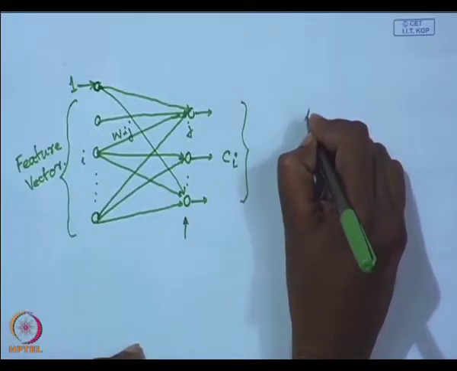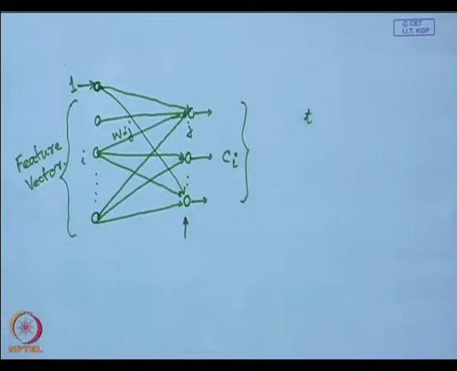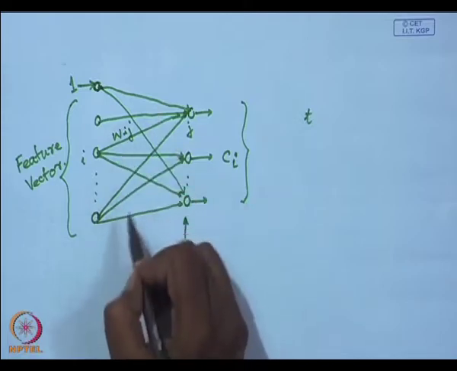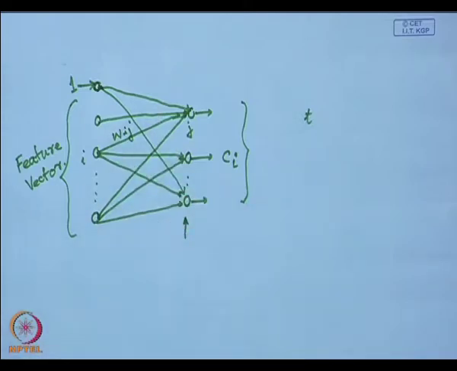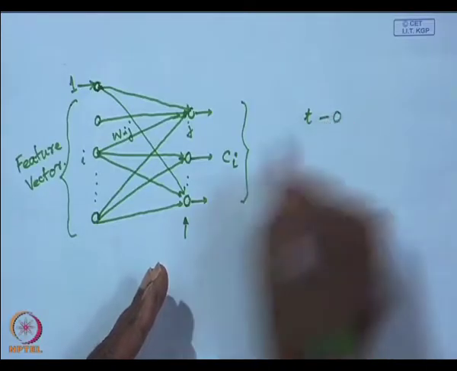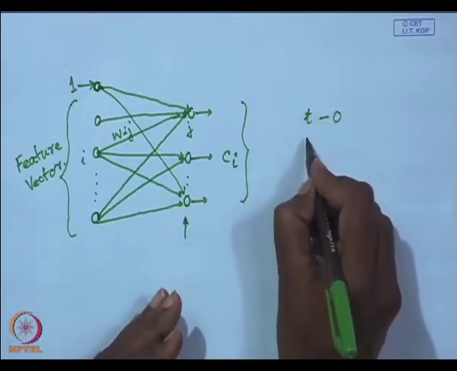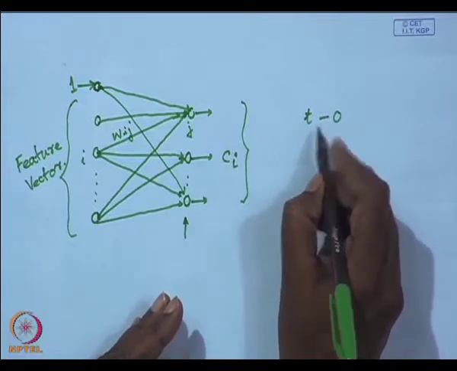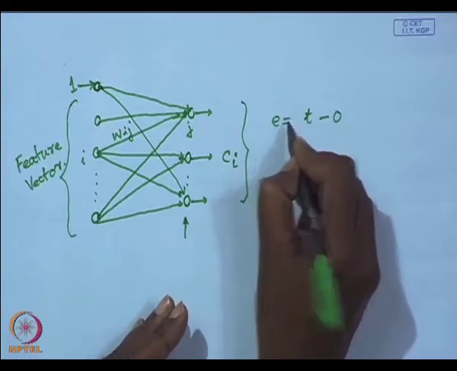So, that output is an output vector, say t, and when the network is not properly learned, for an input vector I get an output which may not be equal to t. So, I get an output which is say O, whereas t is the target output. So, I have an error E which is equal to